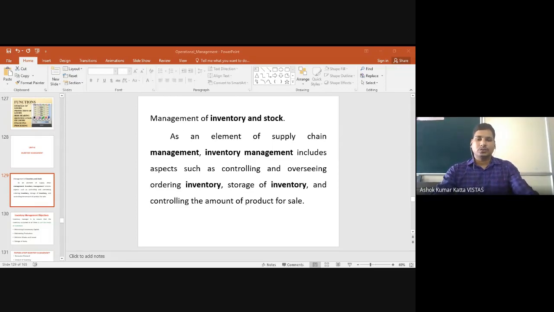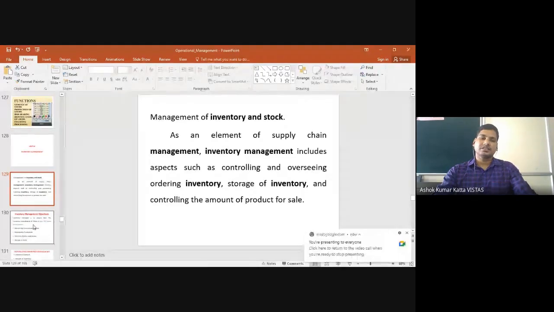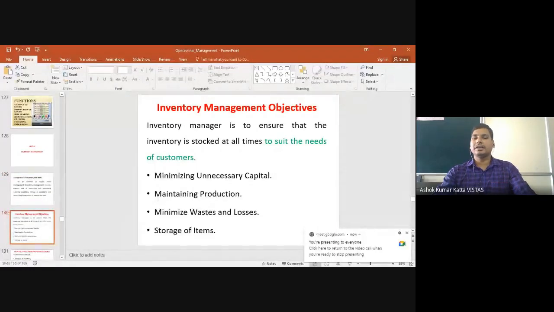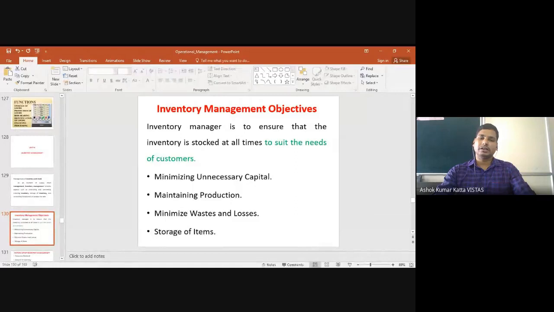So once we are storing and selling, the management will sit with the other executive directors and discuss what the cost is for buying the material, and what price we have sold at in the market, whether we are getting profit or loss. It will be analyzed by the company executives.